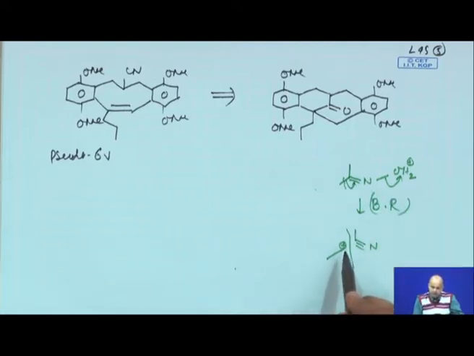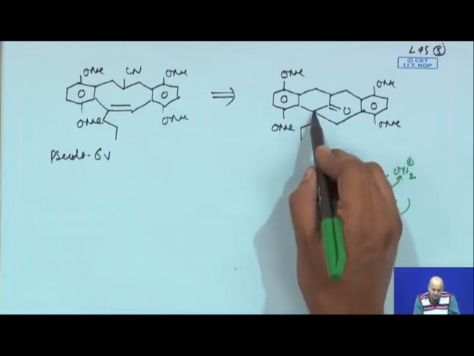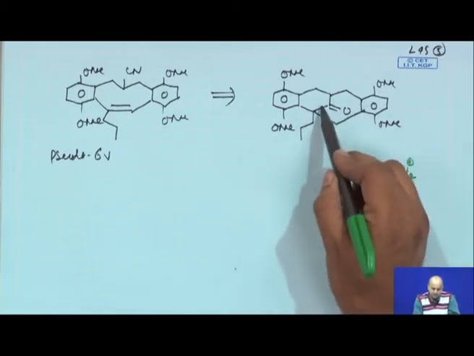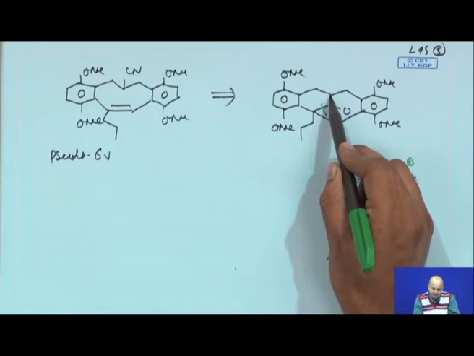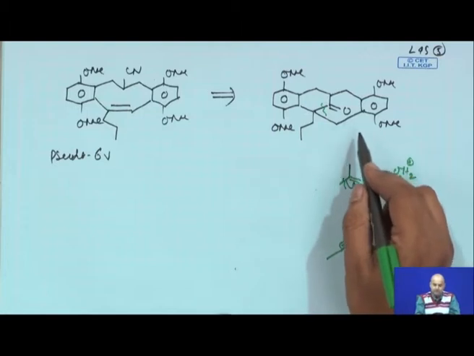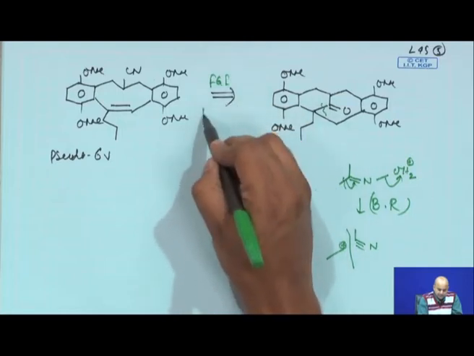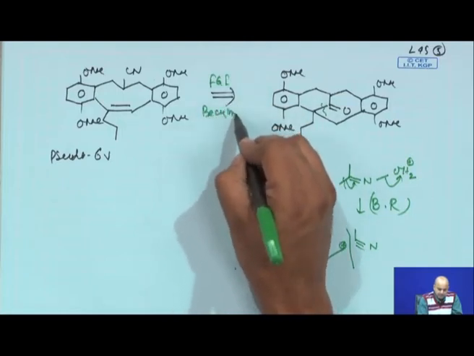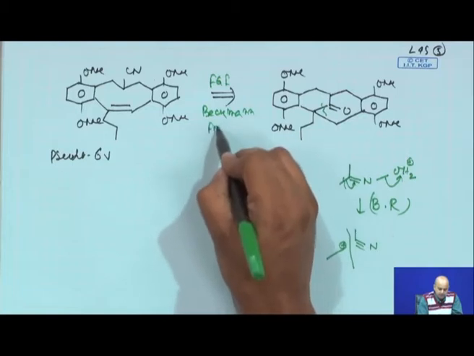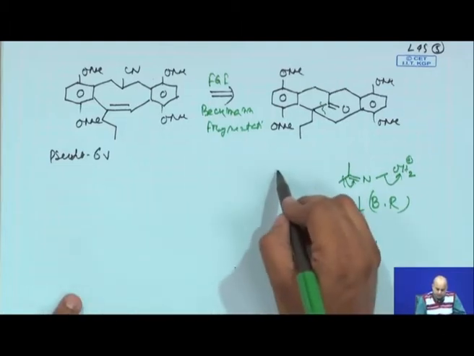Now, why is this carbonium ion formed? Because this carbonium ion which is forming here is extremely stabilized, because it is benzylic as well as tertiary. So, now this bond is cleaving and you get a cyanide here. So, this C stands for cyanide. Okay. So, the Beckmann fragmentation is the crucial step. We now say that it is a very good FGI, and the reaction is a Beckmann type of rearrangement. You can think about Beckmann fragmentation, you can just call it fragmentation.